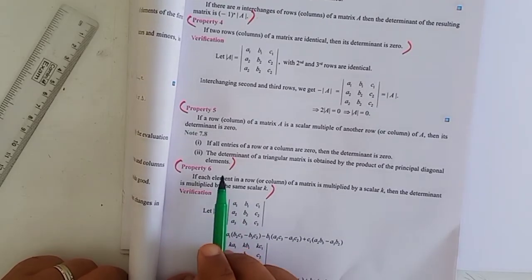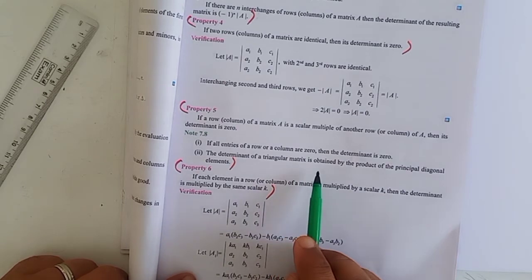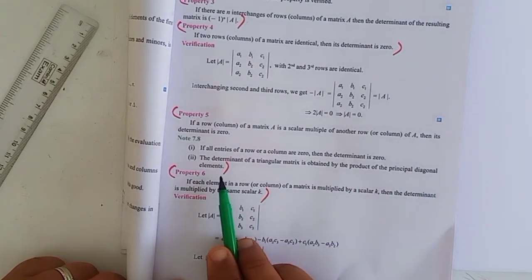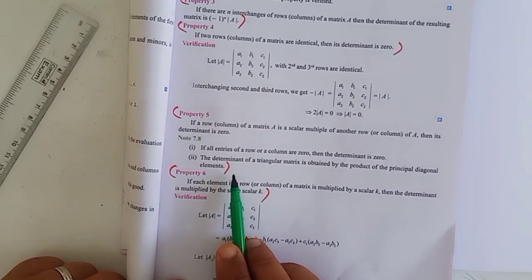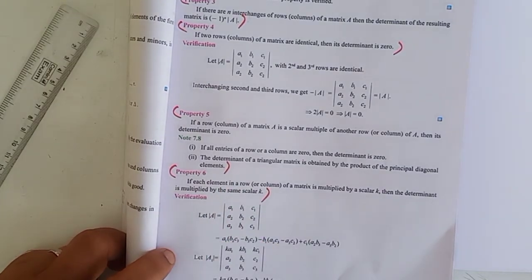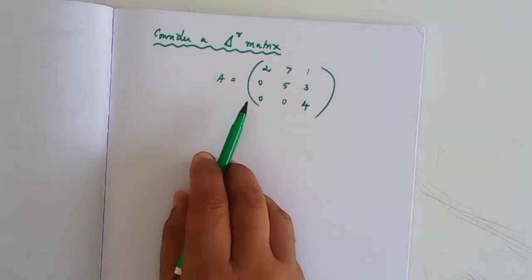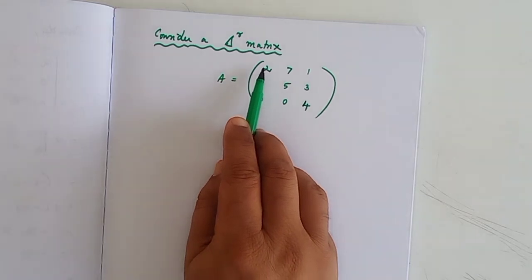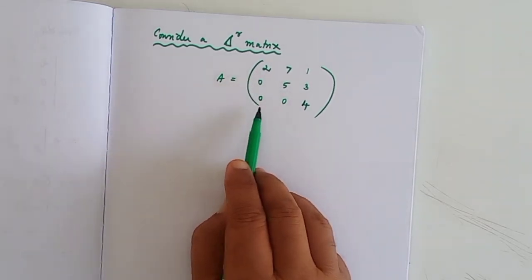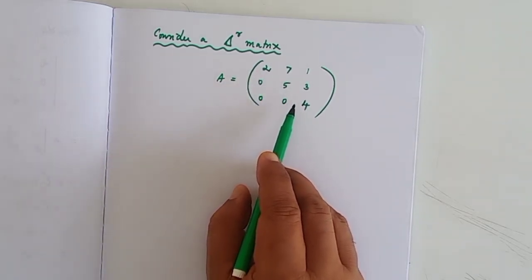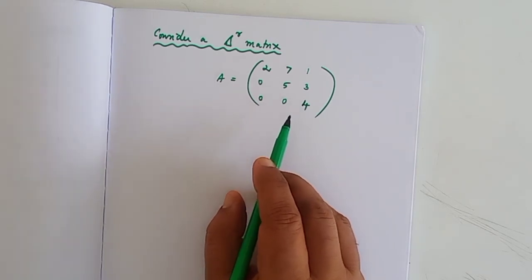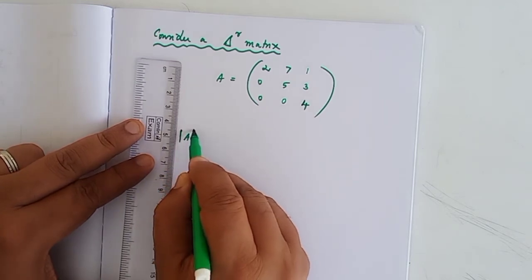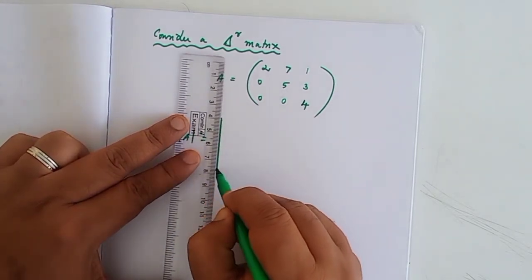The next note is: the determinant of a triangular matrix is obtained by the product of its principal diagonal elements. Give an example. Consider an upper triangular matrix. Why is it called upper triangular? Below the main diagonal, if all the elements are 0, that is called an upper triangular matrix. I am going to expand that determinant value. I am going to find out the value of determinant of A, that is equal to